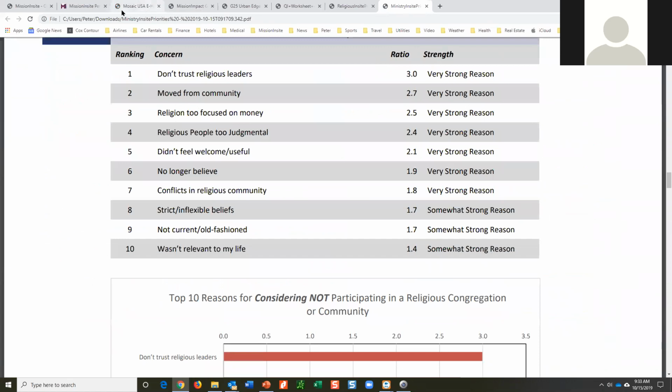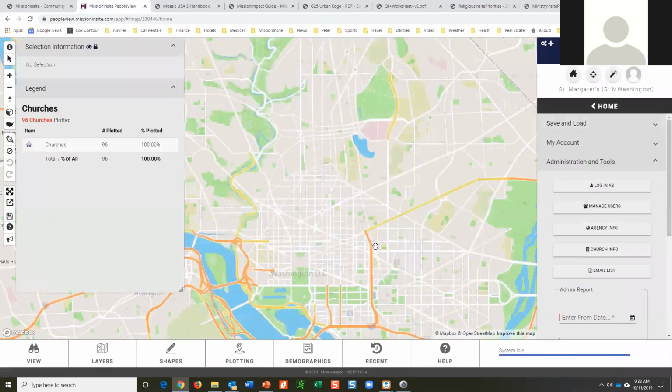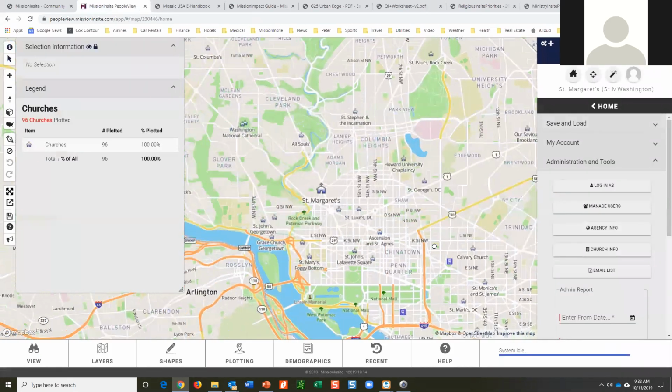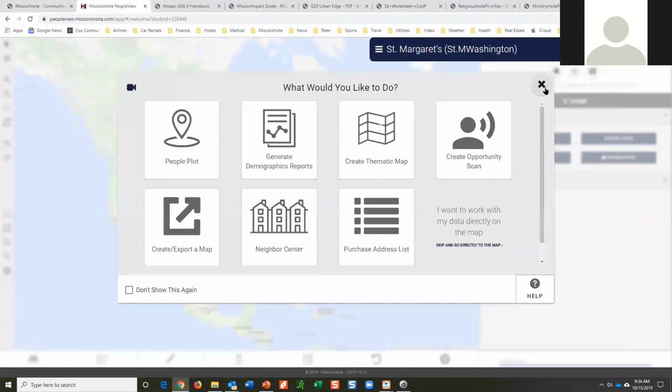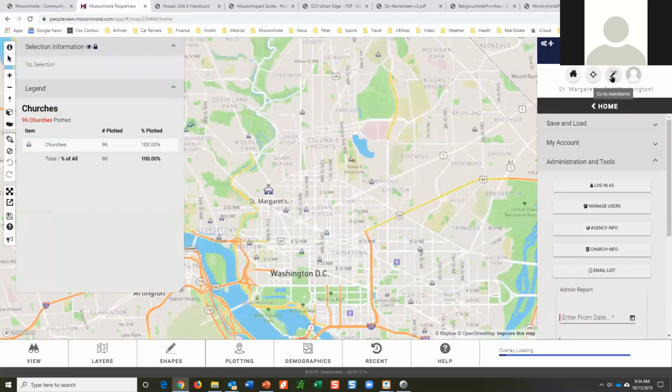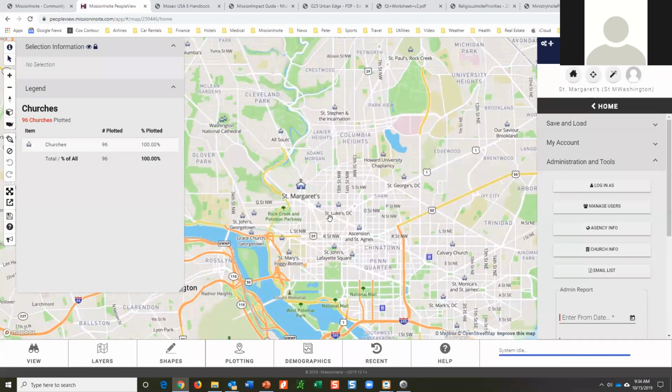And I'm just going to come back here. Now, that is part of the user assistant window. And that is loaded here, closed here. So if I want to work with it, I personally love to look at the map because now I can see my location and I can work from here.